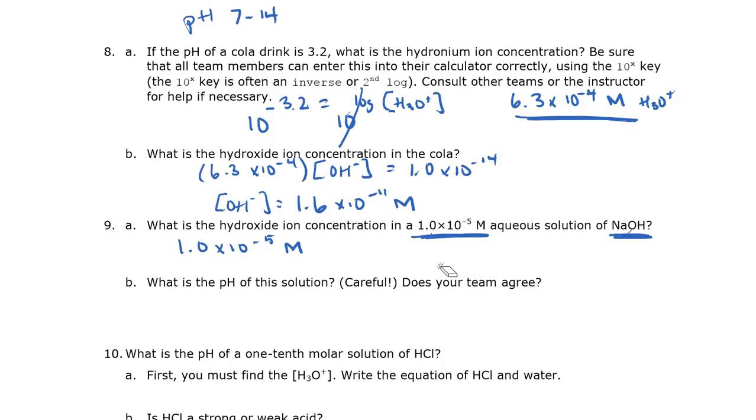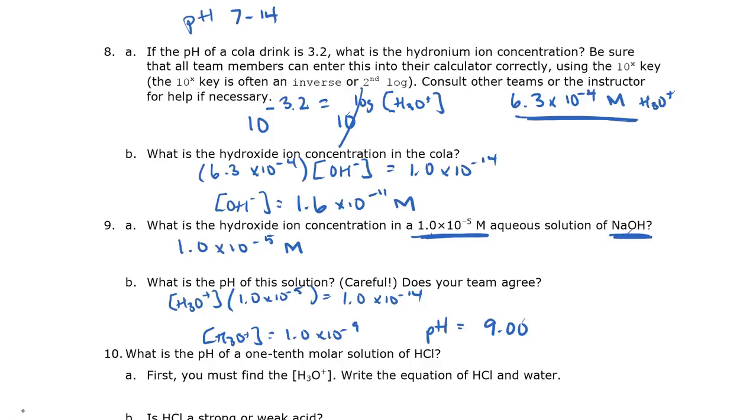So what is the pH of this solution? And it says be careful. All right, pause the video and do that right now. All right, did you get it? The pH is 9.00. This is a hydroxide solution. It should be basic. If you got something that was less than 7, that should be a warning sign to you that you did not do the math correctly. In order to do this, you're given the hydroxide concentration. You first have to calculate the hydronium concentration before you can do the logarithm and change that into the pH. So verify that you can get that one.